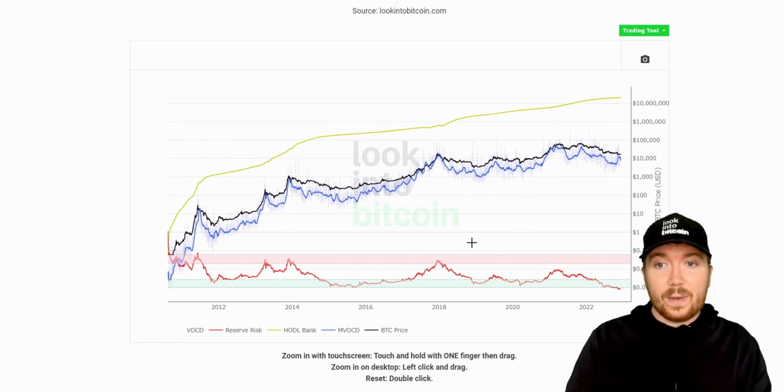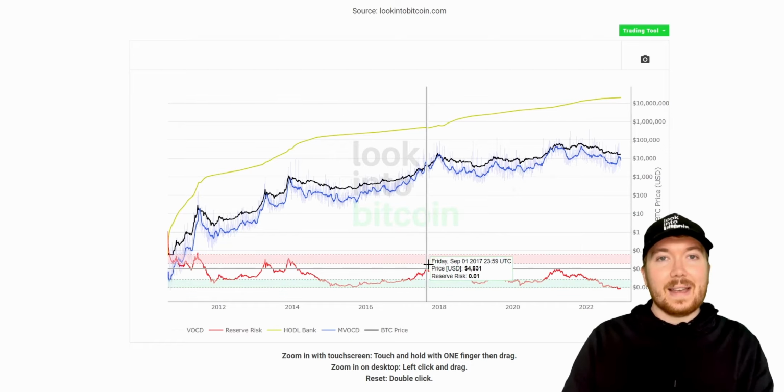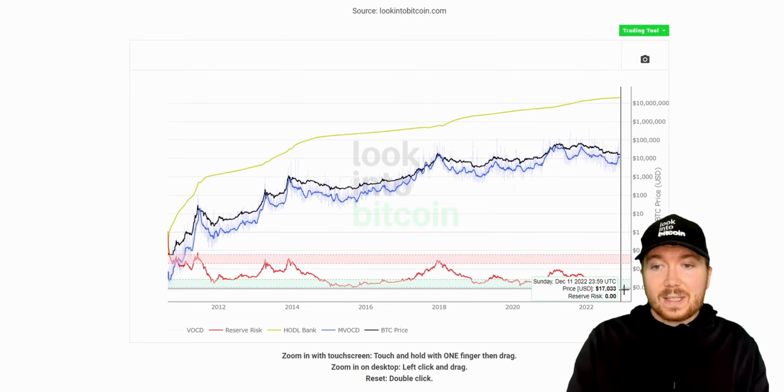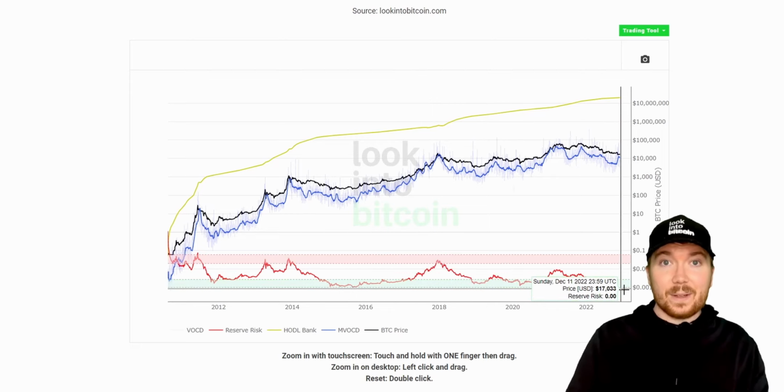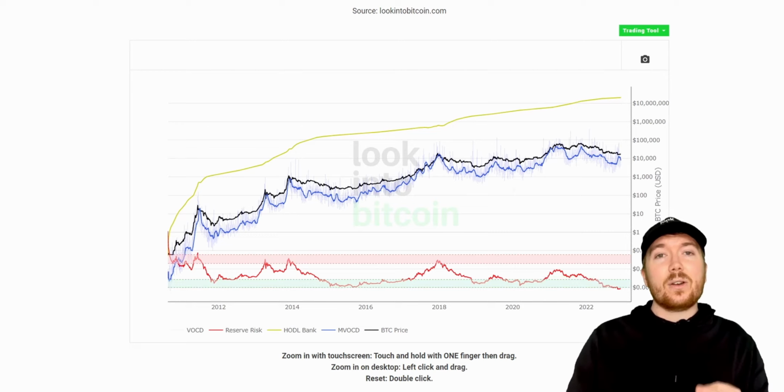consider taking some profit on your Bitcoin, or if you just look at the reserve risk oscillator we have here, that as well gives a decent idea of where we may be within a market cycle. So why should you consider using this chart? Well, right now we're actually at the lowest reserve risk value ever. So what is this telling us? Not only is Bitcoin potentially overvalued, but a lot of investors aren't actually willing to part ways with their Bitcoin